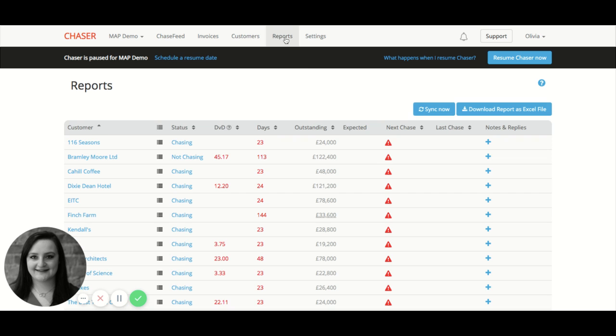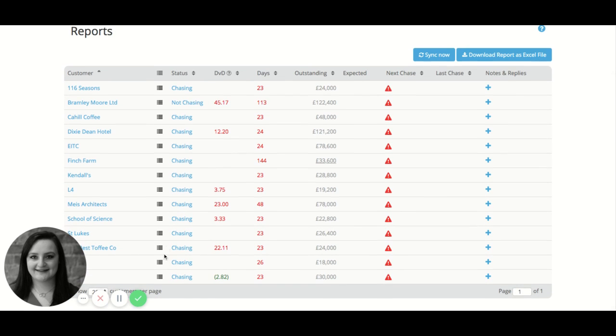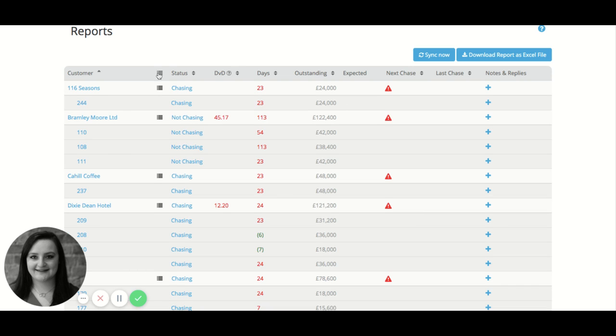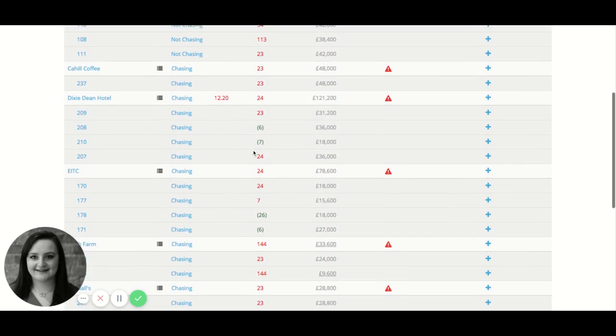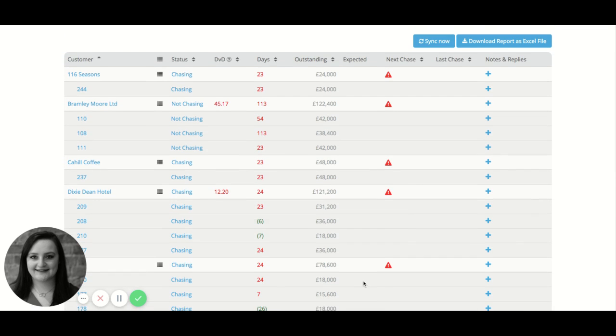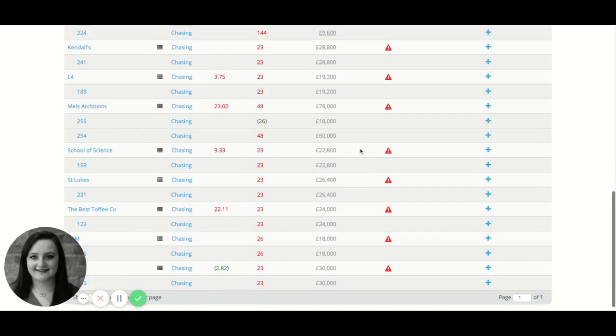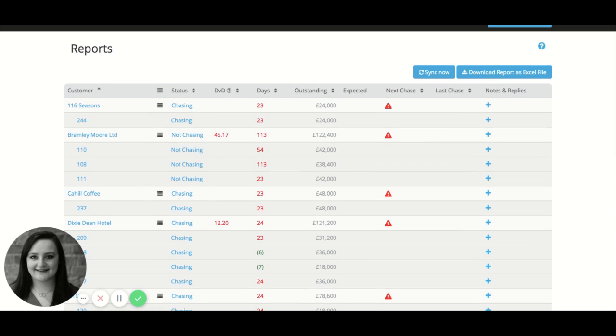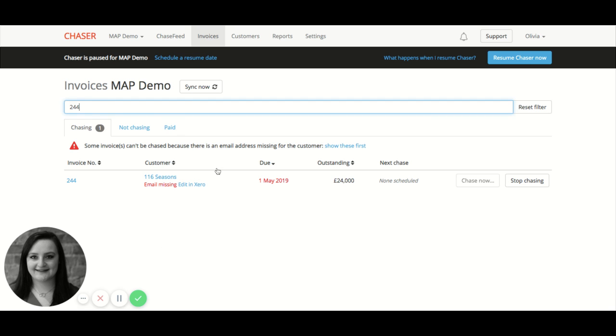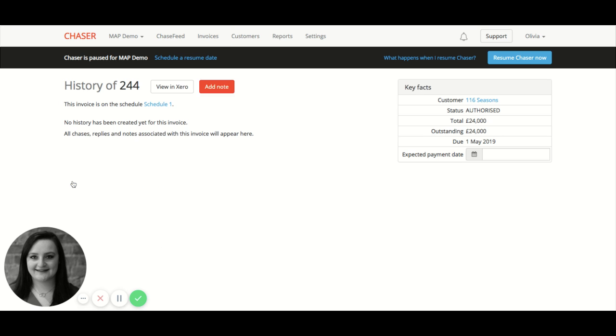Now, a quick overview of the report that's in here. There's not a lot of information in here at the moment because nothing has been sent out. But if I open this up by clicking this little tab here, it will show all of the invoices for each one that are overdue. What is great about this report is that if you click into a specific invoice number, for example this invoice that you're chasing here,